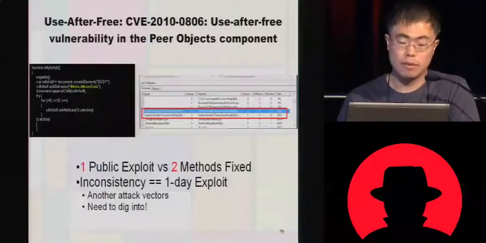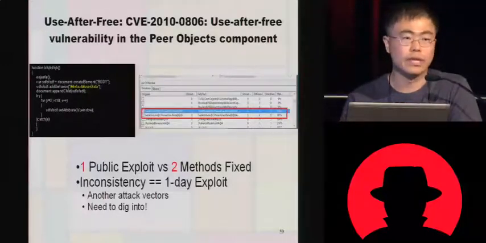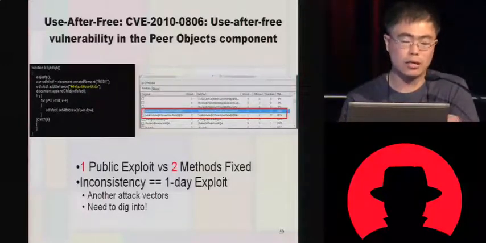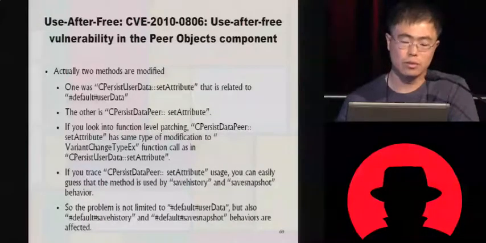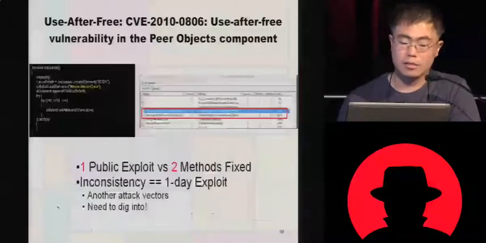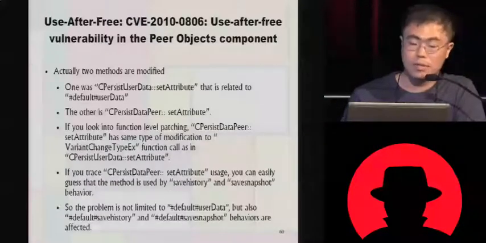exploit out there, but we found that 2 methods were fixed here. So why did they fix 2, even though only 1 exploit was known? It means that they fixed something silently. And here's something that I traced, and looks like